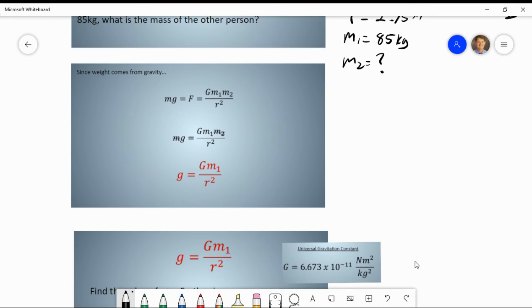All right, check this one out. Since weight comes from gravity, right, so mg, mass times the acceleration due to gravity, it equals the force. And we know that force equals this equation. We just had that equation, so we know that's true. Well, that means that,